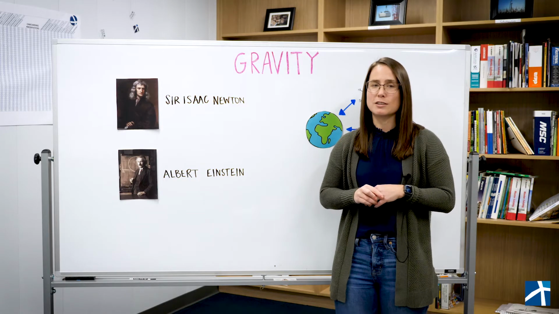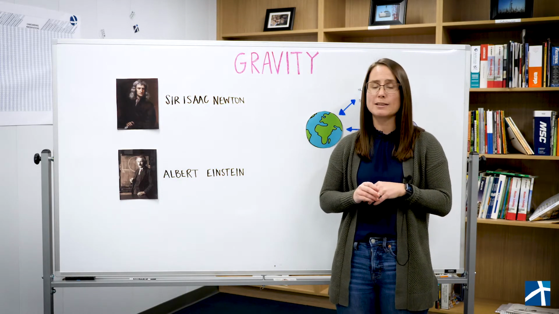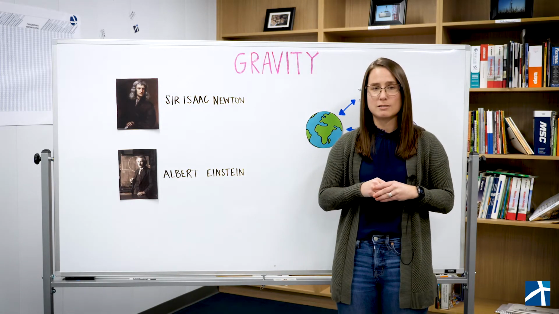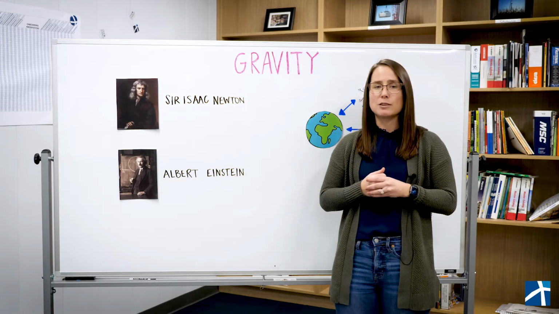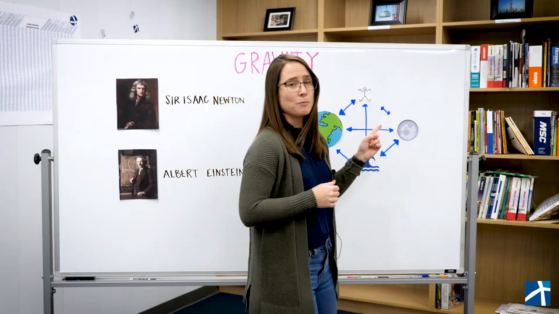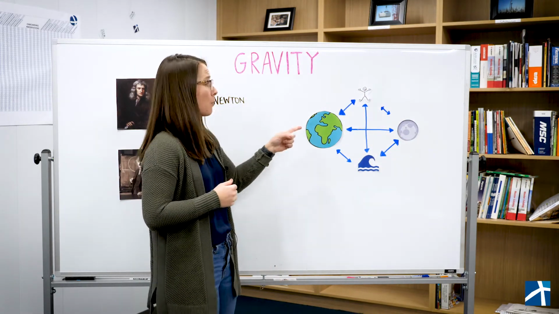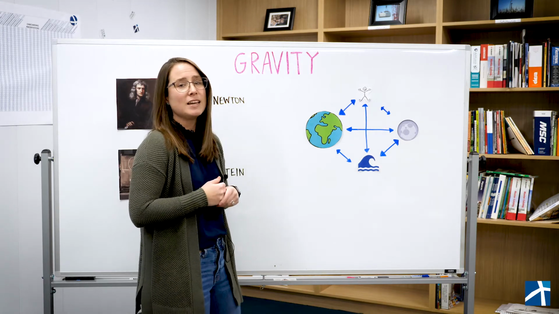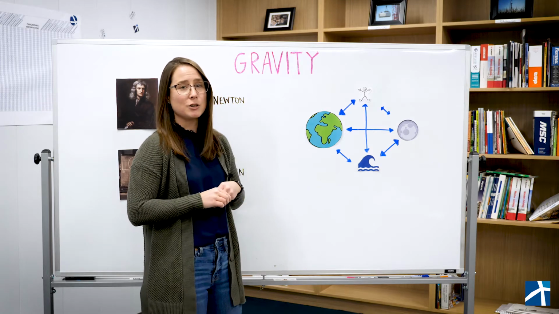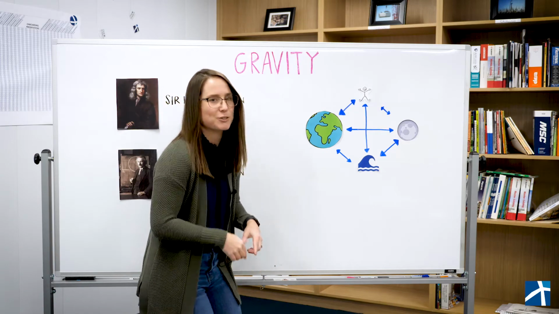Newton also discovered that the gravitational force between the two objects is directly proportional to how much mass those objects have. The more mass, the stronger the gravitational force. So what's an example that can explain the relationship between distance, mass, and gravity? Let's look at the Earth, the Moon, and the oceans. There is a gravitational force between all four of these objects. You and the Earth are attracted to each other. The Earth has a pretty large mass, and you and the Earth are pretty close together, so your attraction is strong enough to keep your feet touching the ground.